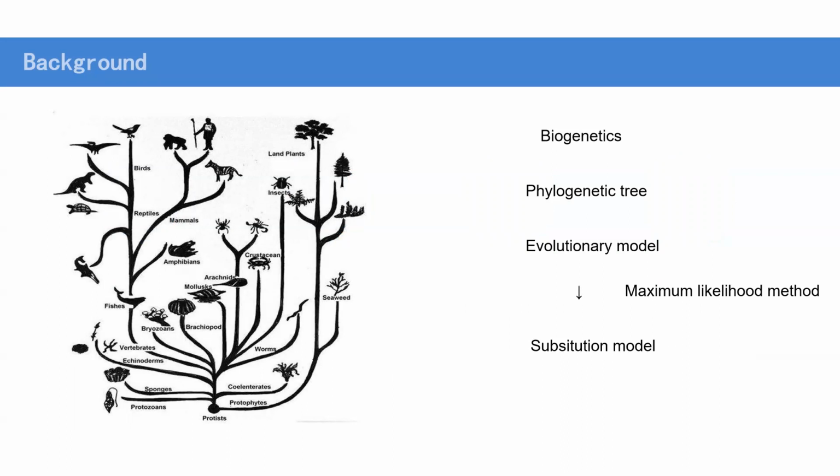Biogenetics is a very popular direction at present, and the phylogenetic tree is an important tool to study biological genetics. With the improvement of computing power, it is possible to analyze large orders of DNA sequences. To generate a phylogenetic tree, the most important thing is the selection of evolutionary models, because the maximum likelihood method is a relatively mature statistical method for parameter estimation and has a good statistical